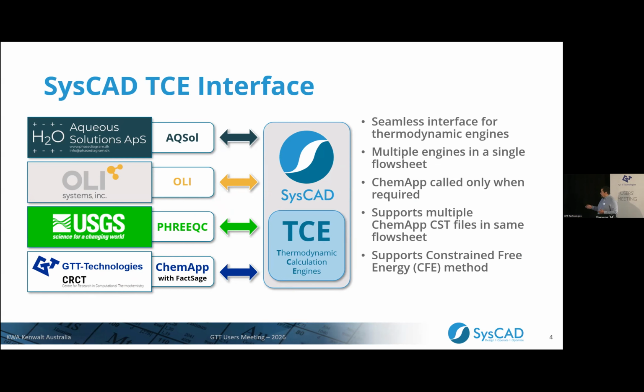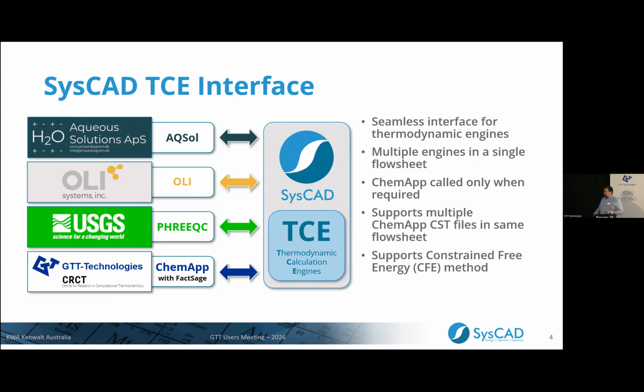And more importantly, you can combine some of these in the same flowsheet. So you might have an aspect of your process plant that requires hydrometallurgy or aqueous chemistry. Then you can pick one of those, OLI, AQSol, or FreakC, which are specialized in aqueous chemistry. And then on the high temperature part, you can have ChemApp, and they all communicate with each other. There's seamless integration between all of them. Another thing that is important to mention,